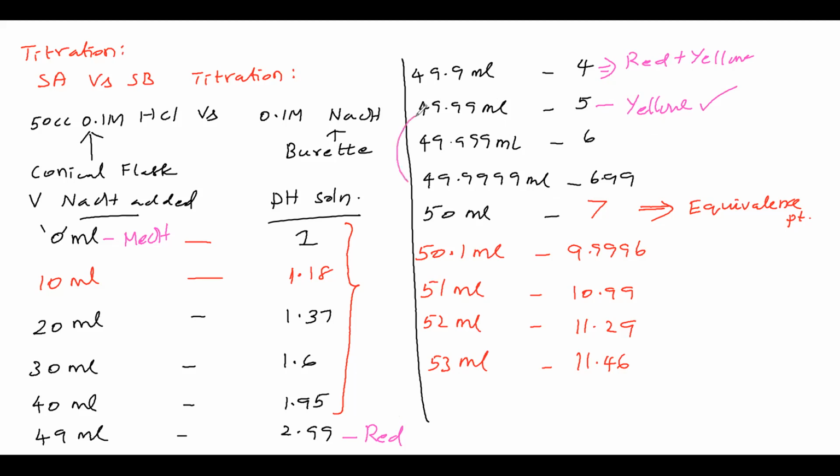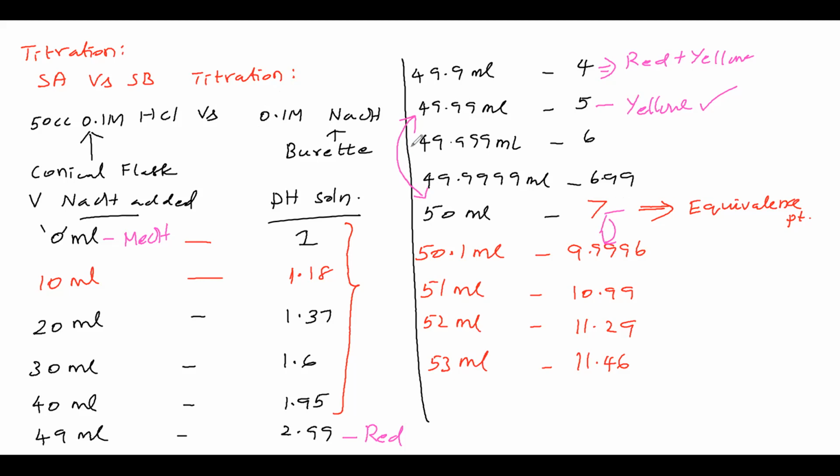What is the difference between the equivalence point and this point you see? How much difference do you see? Therefore, shall we use methyl orange for this titration to find the end point? Because 49.99 ml and 50 ml are almost the same. So shall we use methyl orange indicator for finding the end point for this titration? Yes. Phenolphthalein also we can use. But you see, phenolphthalein gives the end point in this place, but methyl orange gives the end point in this place.